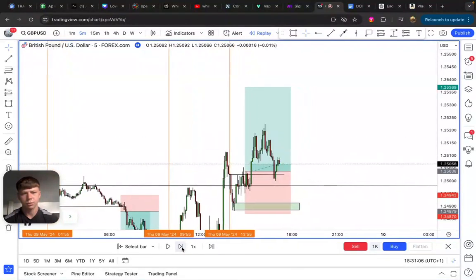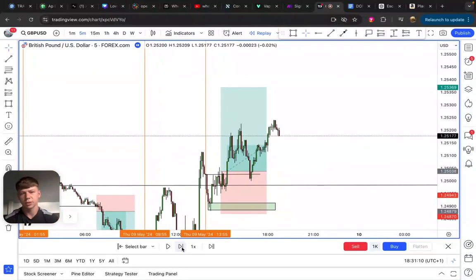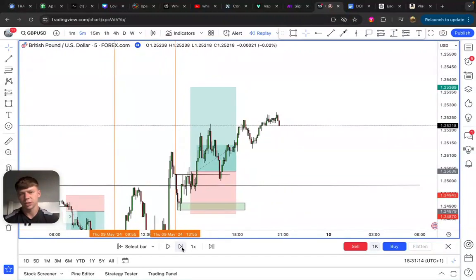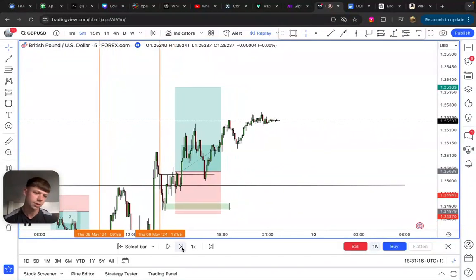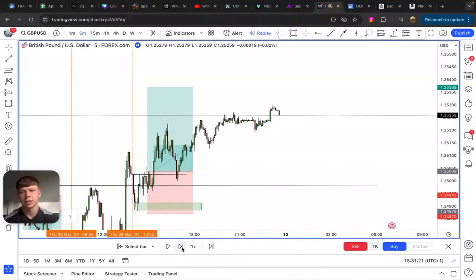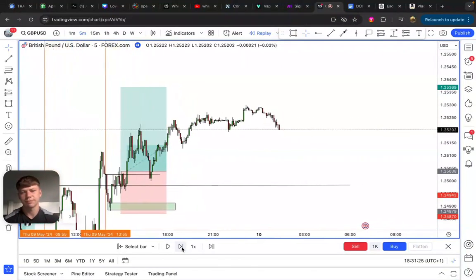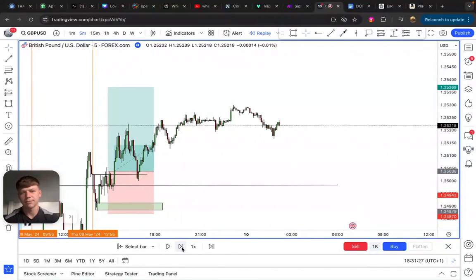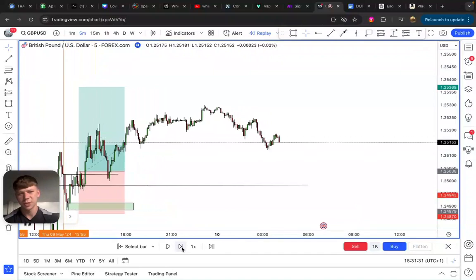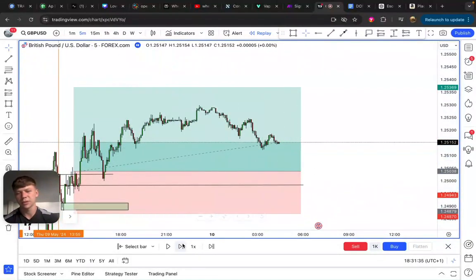Let's see, pull back. So I would potentially have gone break even on that, but let's just not do that. This is just examples, demonstration. Price is slowly pushing up. We're coming to that 10 o'clock time, so the liquidity is not in the market basically until into the Asian session a bit more. So you can see we're just pushing slowly here. Come on, let's do this. Come on, give me a trade. And this is just what it's like sometimes. This is why I don't place trades after